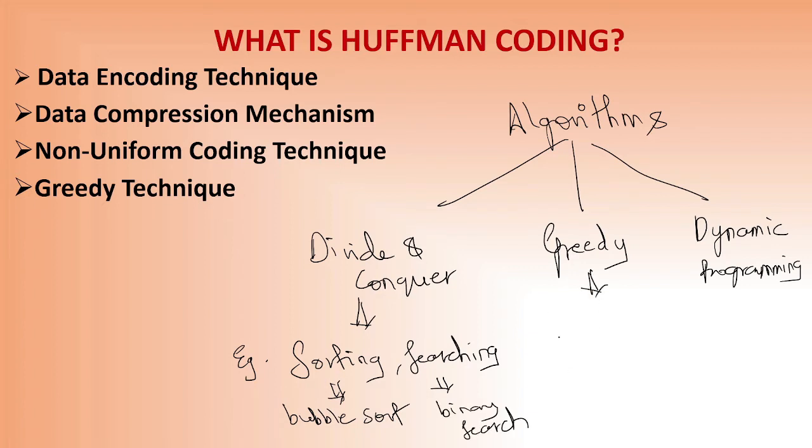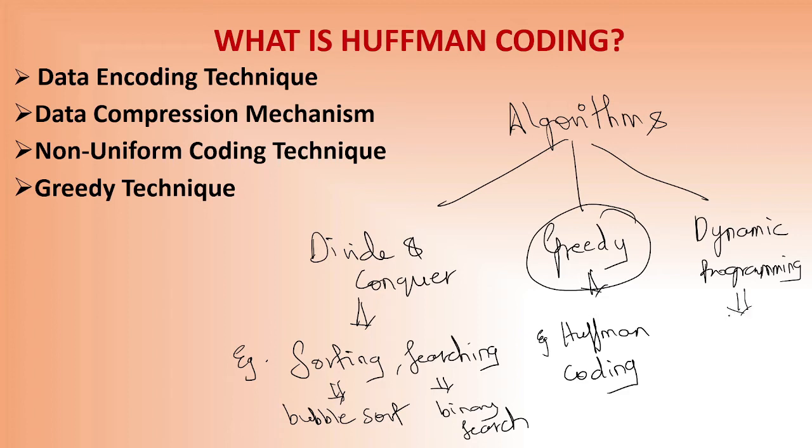They all come under divide and conquer. Similarly, Huffman coding is a greedy technique. Why is Huffman coding a greedy technique? Because it is a shortcut technique. It is trying to find the solution by using a shortcut. It is not applying all the steps. So an optimal solution is achieved in the greedy technique. Optimal means best solution. Dynamic programming also gives the best solution, but it is not a shortcut. You have to apply all the procedure, all the steps, and only then will you get the answer. An example of dynamic programming is longest common subsequence.